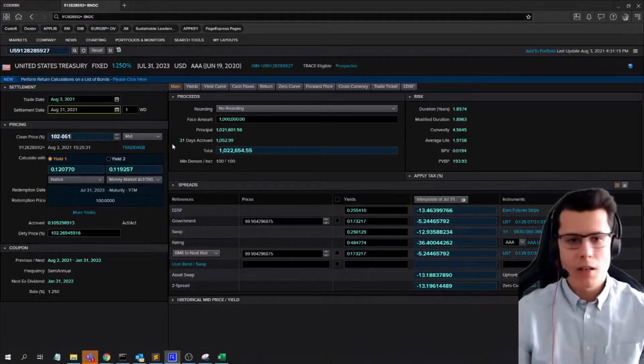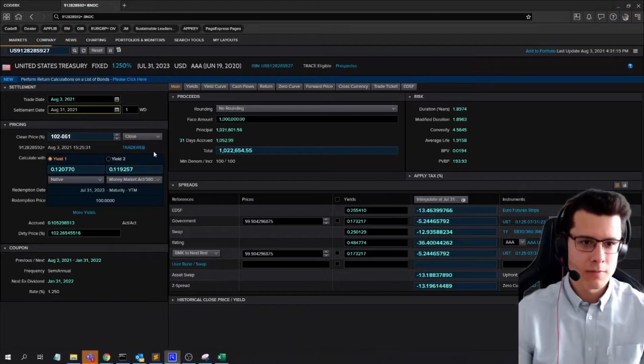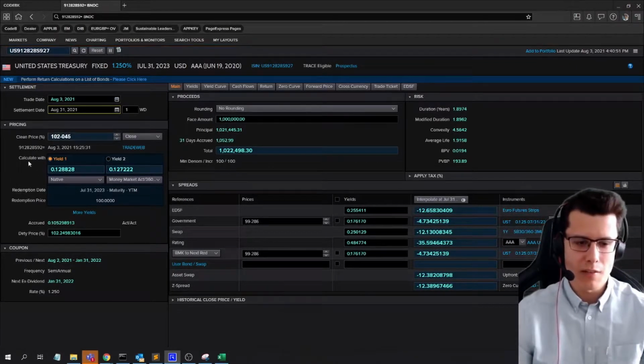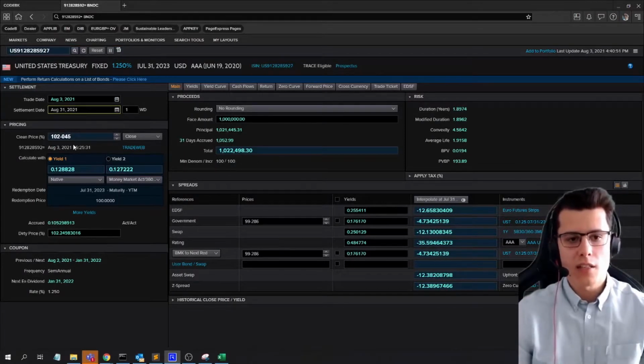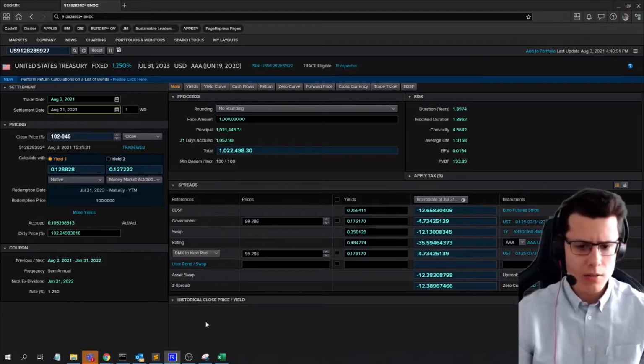Here we have a price. Oh, let's see if I can find one that's not, probably not actually. I just want a decimal. Yeah, it's not going to give me a decimal. It gives a decimal here though for the dirty price. What it's saying is that the price of the bond is actually, I should have something